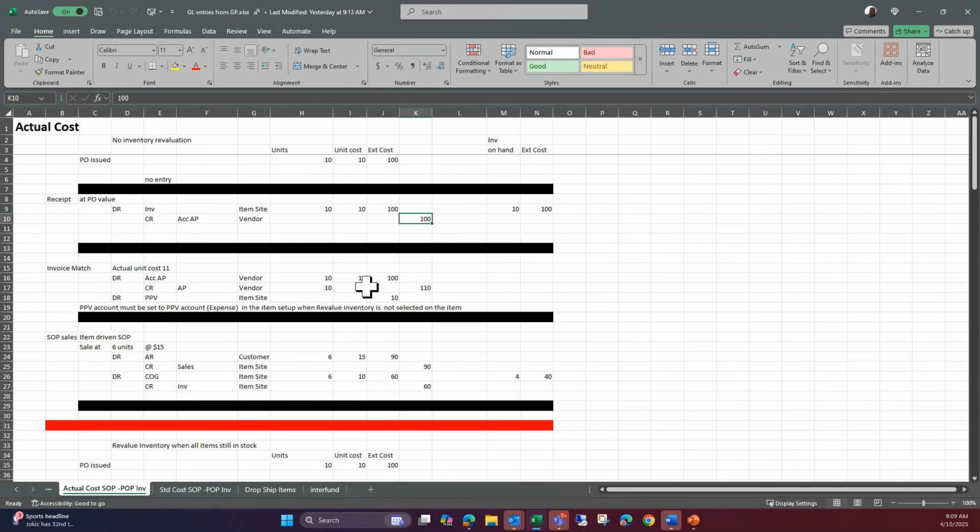And then we pay 11 units at $110. I'm ignoring freight and taxes, of course. And then, of course, the purchase price variance is $10 because I need a balanced entry. GP will not allow me to post this without it being a balanced entry. So the PPV account on the inventory item has to be sent to an expense account if we don't revalue